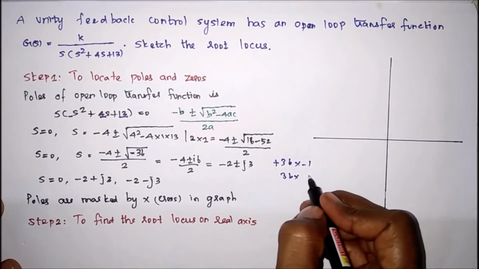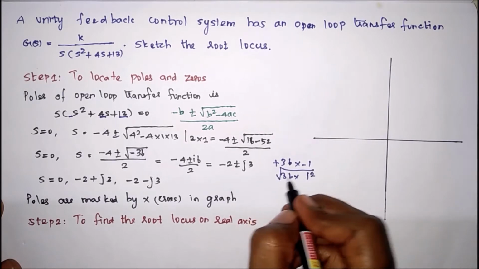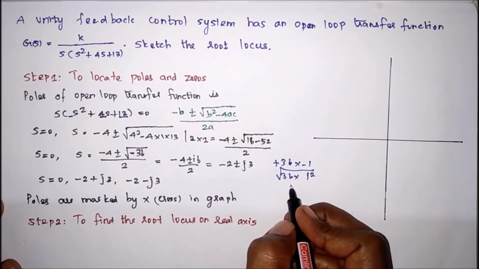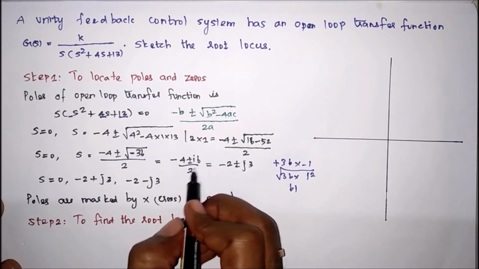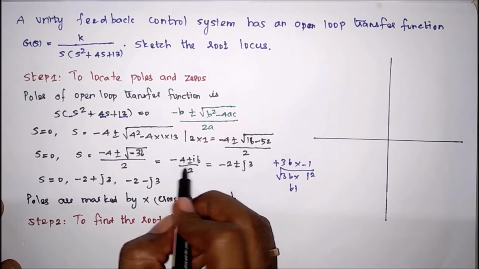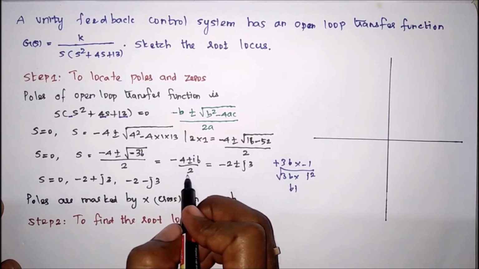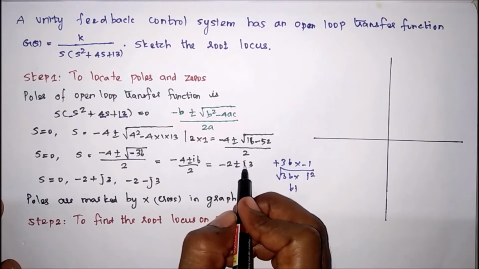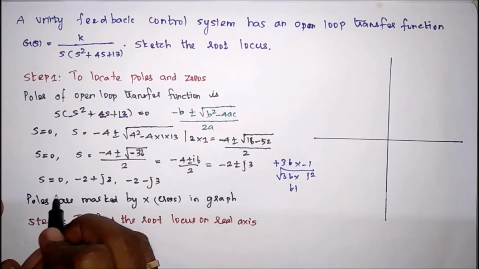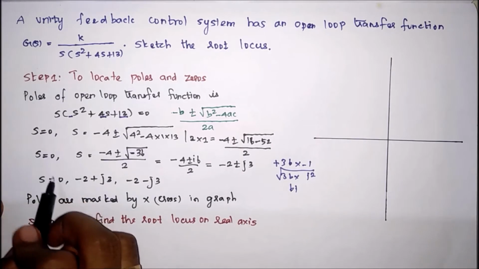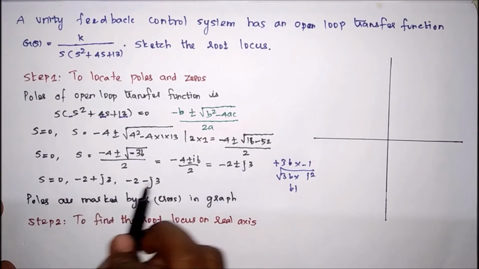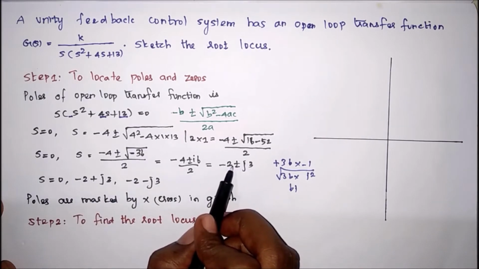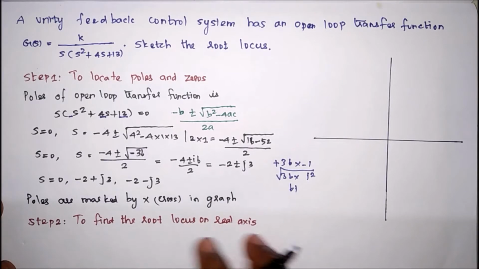We know minus 1 is i square. So square root of 36 into i square equal to 6i. So we will get minus 4 plus or minus 6i divided by 2. We can take 2 outside, which cancels with this 2. Finally we have minus 2 plus or minus j3, or i3 we can say. We already found one root, s equal to 0. Now minus 2 plus j3 is the second root or pole. The third pole is minus 2 minus j3.